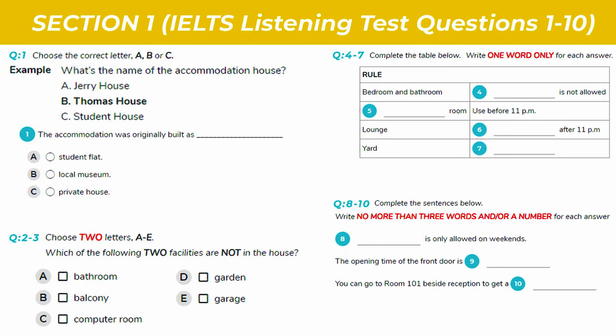Good morning, everyone. I'm your accommodation advisor. Well, firstly, welcome to Thomas House, which is one of the most popular accommodations in our university. I will give you an introduction about the house and answer your questions. The name of the house is Thomas House, so Thomas House has been chosen. Now we shall begin. You should answer the questions as you listen, because you will not hear the recording a second time. Listen carefully and answer questions 1 to 3.